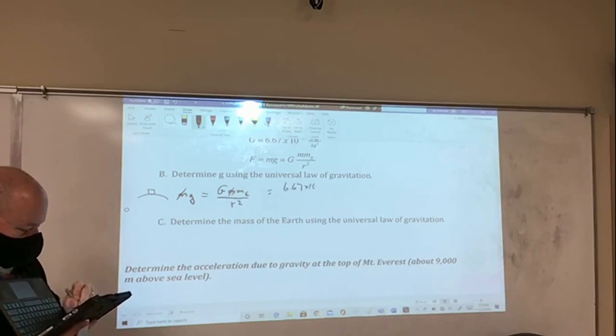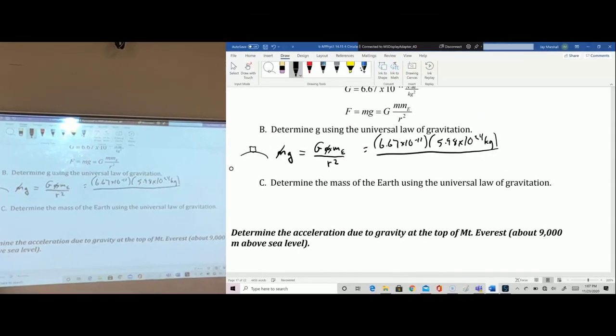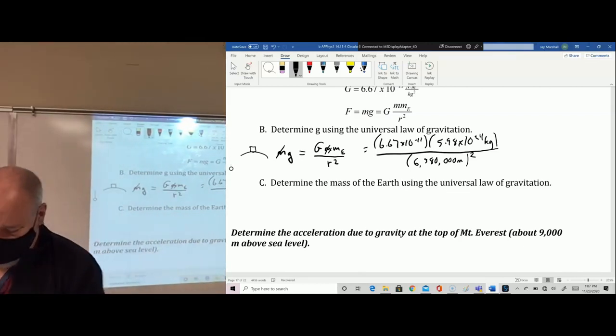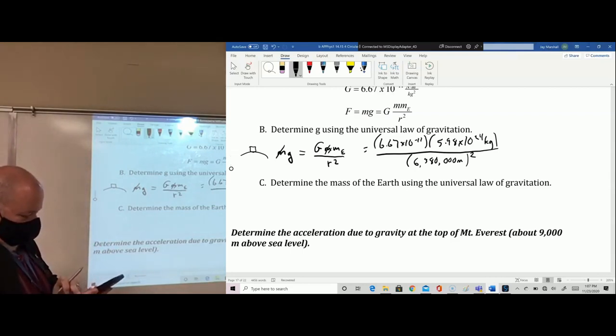6.67 times 10 to the negative 11th times the mass of the Earth, 5.98 times 10 to the 24th kilograms. And this is going to be divided by 6,380,000 meters. And the thing that you're going to forget to do most of the time is square that value. Okay, so 6.67 times 10 to the negative 11th times 5.98 times 10 to the